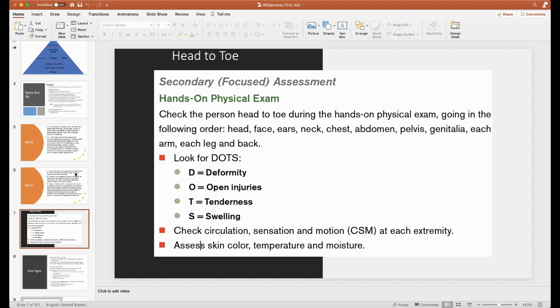So what you're going to do is check the person from head to toe with your hands on. You're going to make sure that you're checking the head, make sure you don't see any bruising. If at any point there is tenderness or someone moves when you touch a spot, you need to expose that area and check to see if you see any sort of injuries or bruising or bleeding or anything that leads you to believe that there's an issue. You check the head, the face, into the ears, make sure there's no bleeding in the ears, behind the ears,